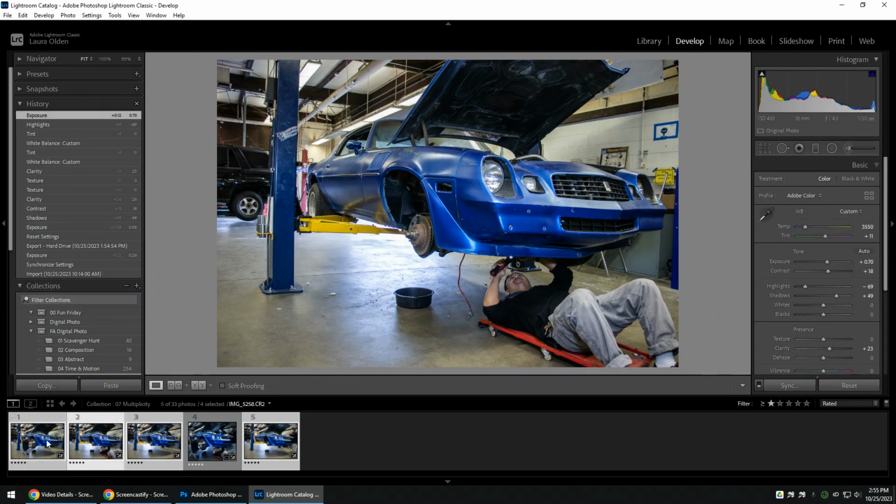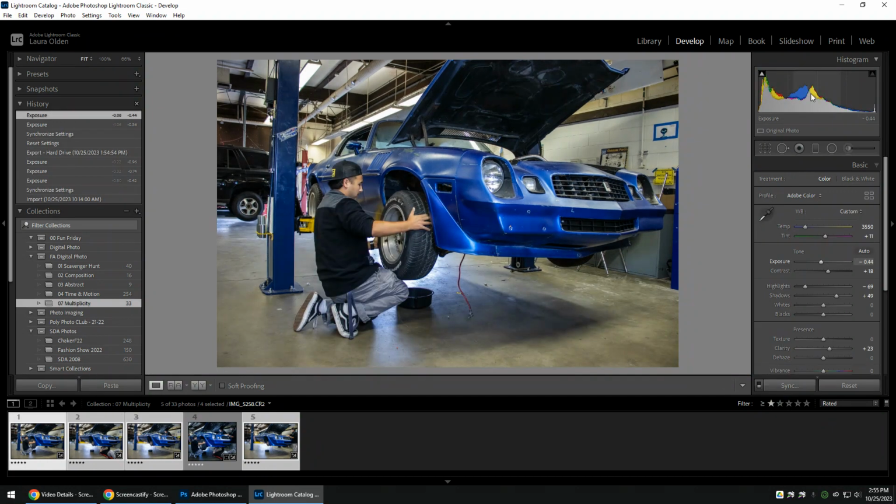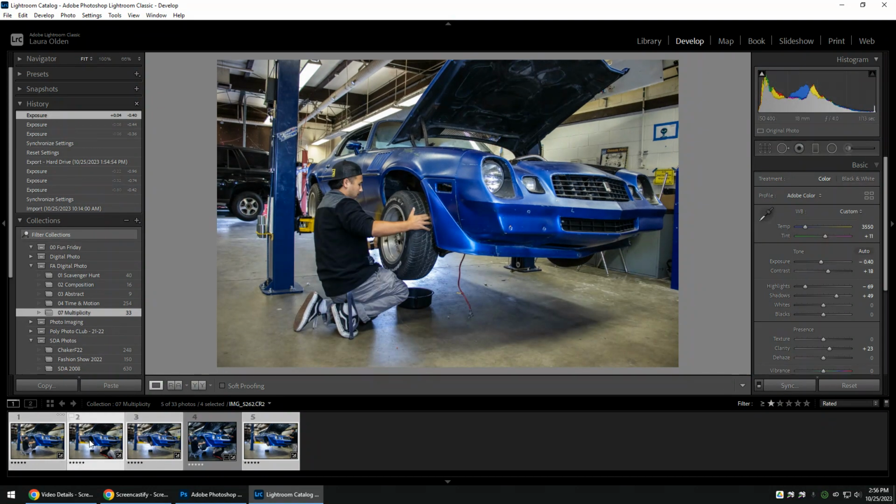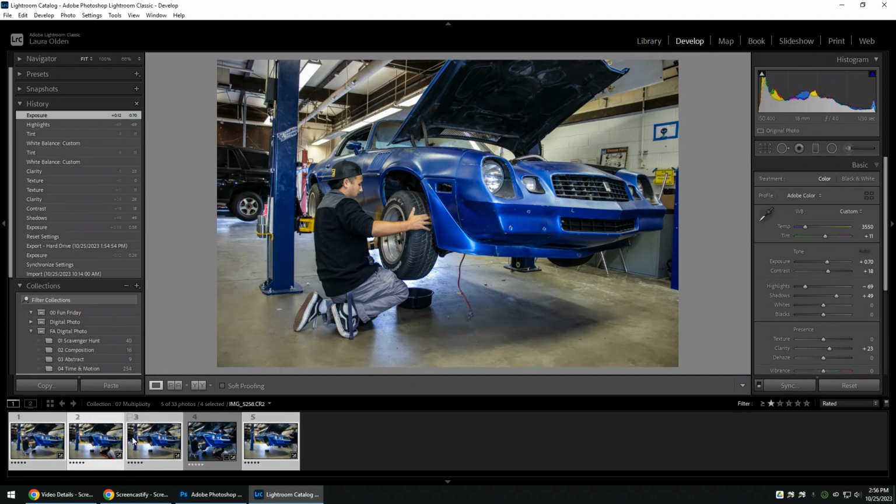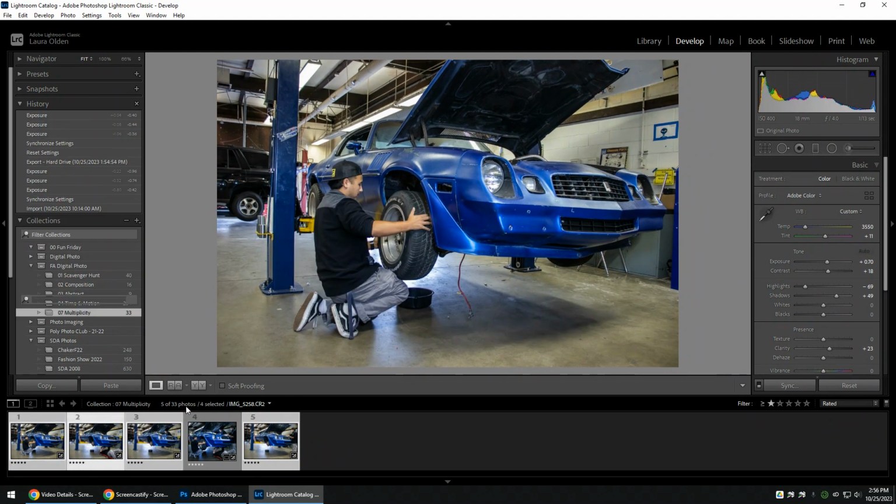It's getting a little bit brighter. I think I made it a little too dark. There we go. So I think that value looks pretty close, and I think that'll work pretty well. All right, so